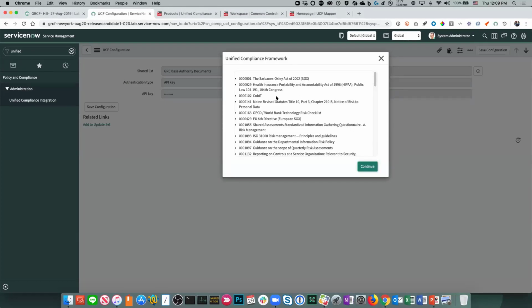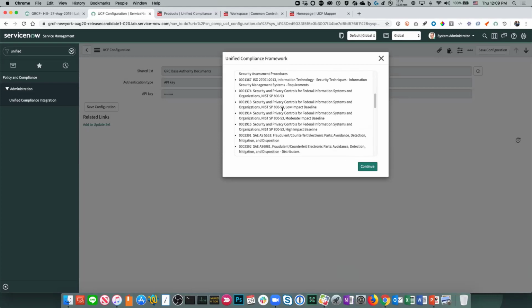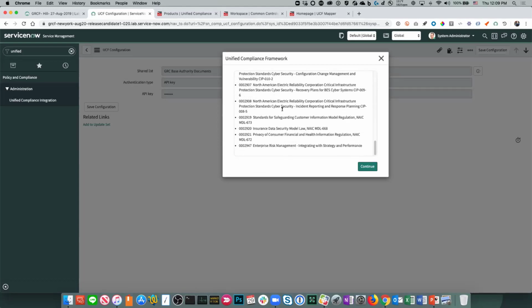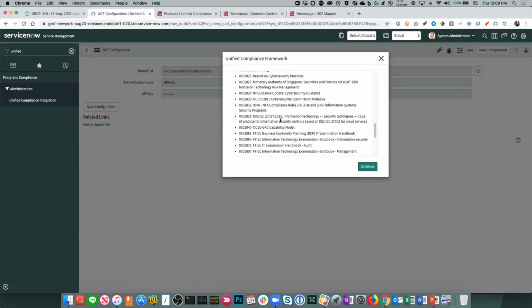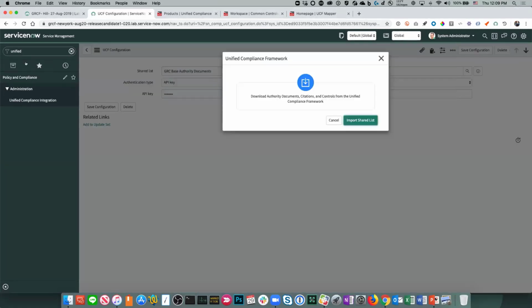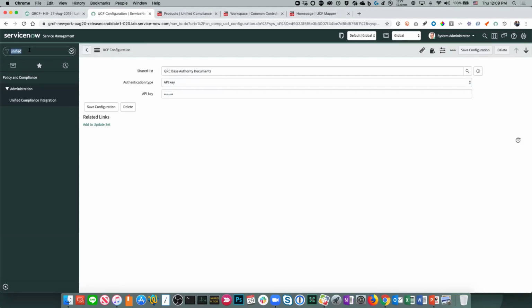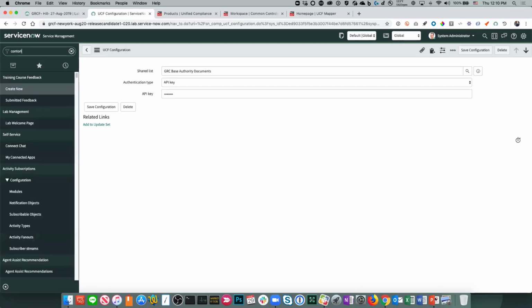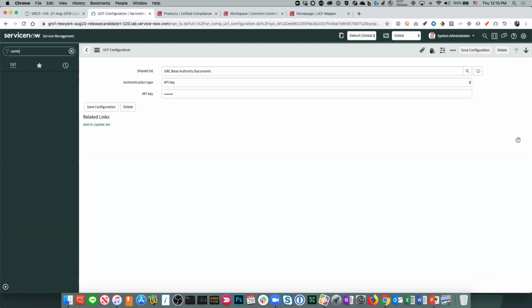Oh, look at that. Quite a bit, actually. So we have not only updated SOX, we've got some updated HIPAA, we've got some COBIT, some other authority docs here that I've added as part of my list. There's quite a bit. And we can actually see, let's go ahead and close this here. We can actually see this in action and all of the changes simply by going over to the controls,